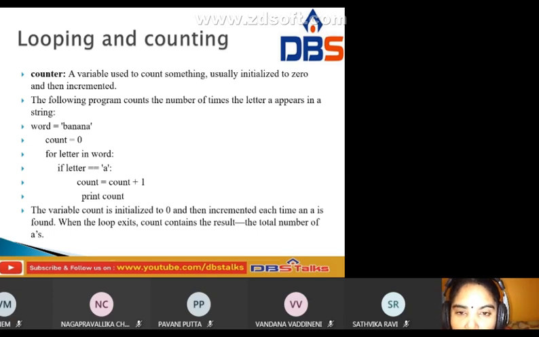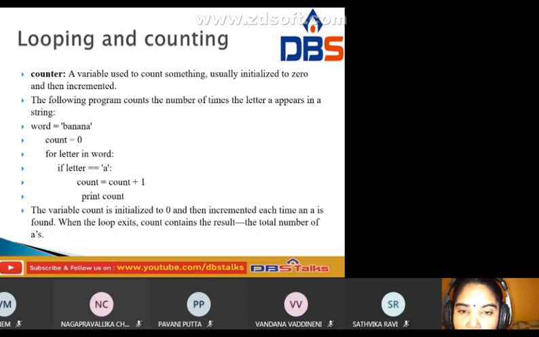For letter in word, count equal to 0 here. For letter in word means we take each letter in the word, first B. If letter equal to A, we increment: count is count plus 1.